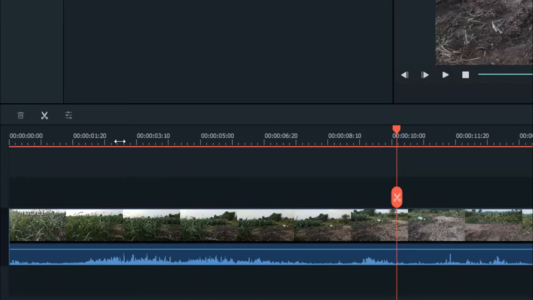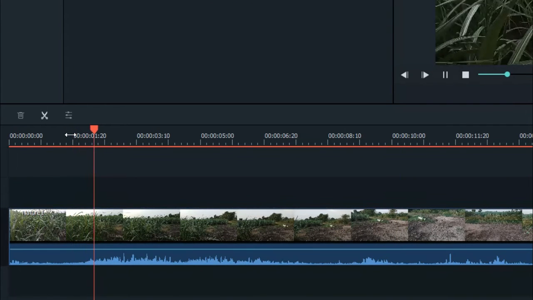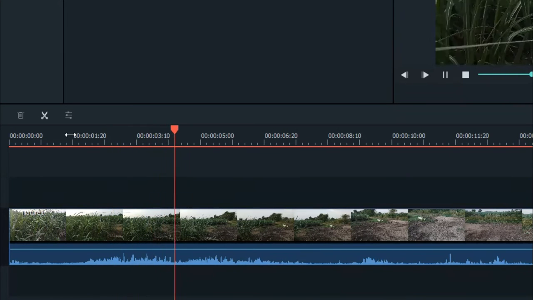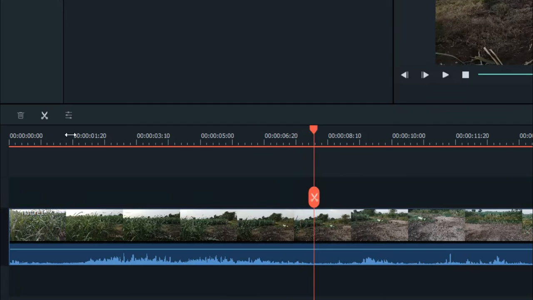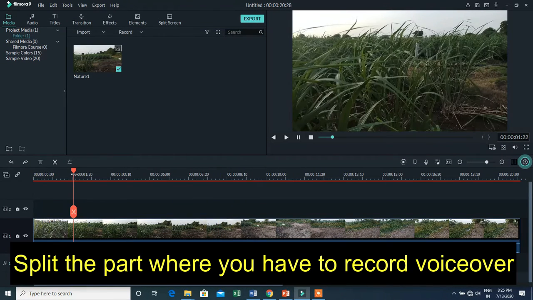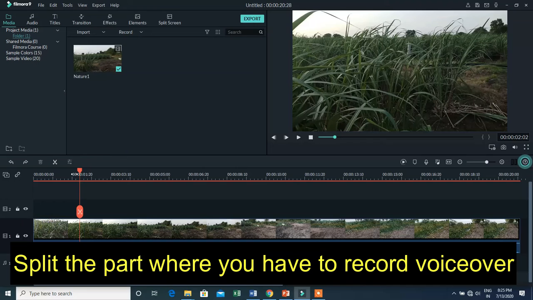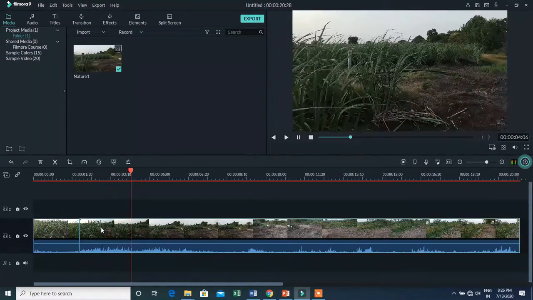So we have just heard that there is no voice but there is some noise, right? So in this much part there is some noise and I want to remove this noise and say I have to record some voice over here. So for this purpose we have to first select that part over which we have to record a voice over. So let us say I want to record voice over from this location, say up to